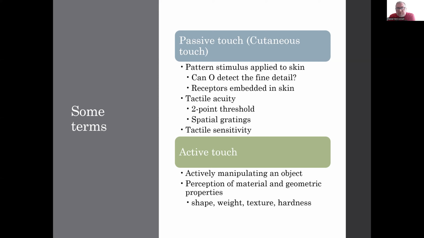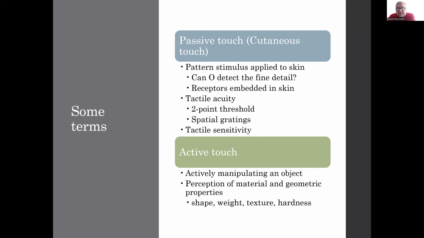Now, historically, research on touch perception has been focused on what we call passive touch research. The nature of this passive touch research is partly useful for helping us understand the nature of the receptors themselves. So it helps us understand the kinds of patterns and the kind of stimulus that these particular receptors can detect. What's been discovered from this is that there are many different kinds of receptors that respond to different kinds of properties. Like I said, between the shearing force versus direct pressure versus stretch, well, we can map that out